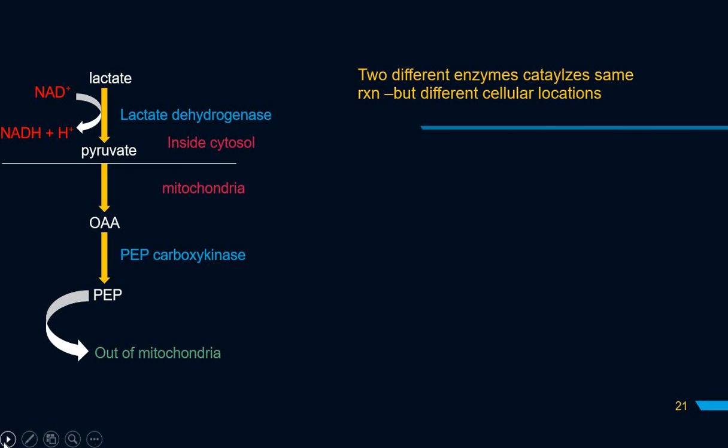And this is the conversion of lactate to phosphoenol pyruvate. If pyruvate is not there, pyruvate la irundhu phosphoenol pyruvate kondu vara mudiyala, only lactate is available, means this cycle is being used. Lactate is first converted to pyruvate in presence of lactate dehydrogenase, and it leaves the cytosol and it reaches mitochondria as oxaloacetate, and in presence of phosphoenol pyruvate carboxylase, it produces phosphoenol pyruvate, then leaves the mitochondria. So in this and the former reaction, 2 different enzymes are used, but the product and the substrate used are same.